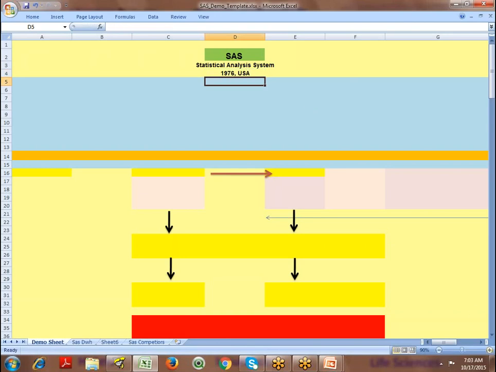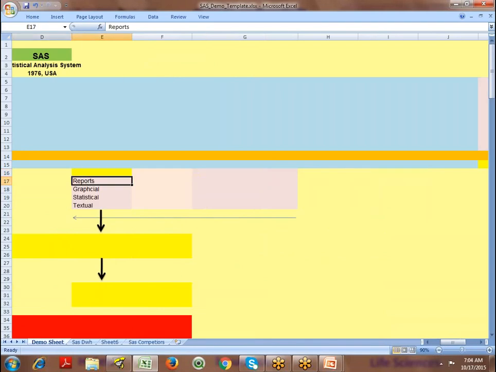The main purpose of the SaaS software program is to generate reports. The reports that you are going to generate are decision making reports, which are graphical reports, statistical reports, and textual reports.